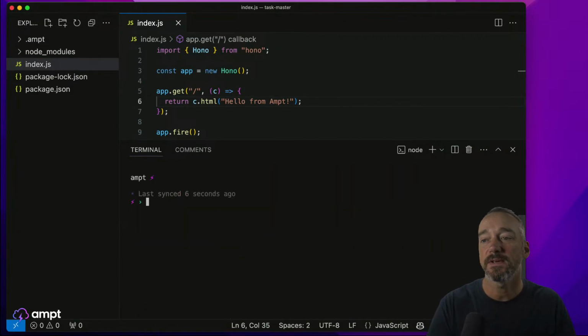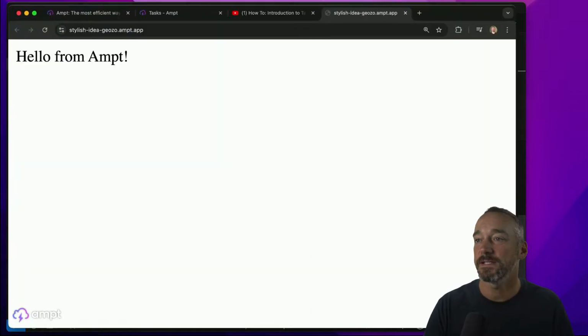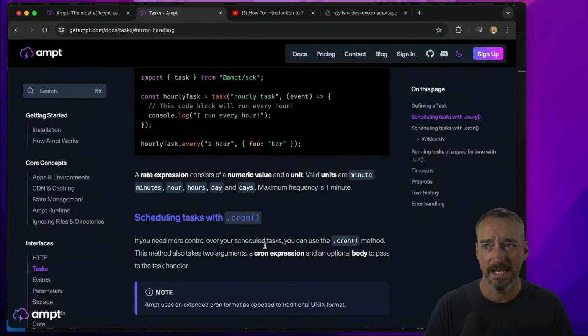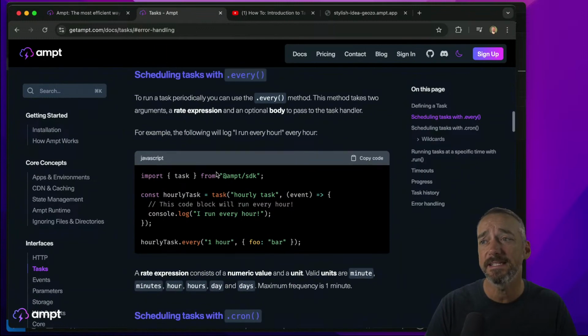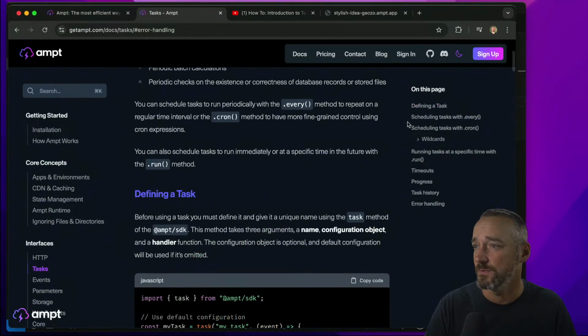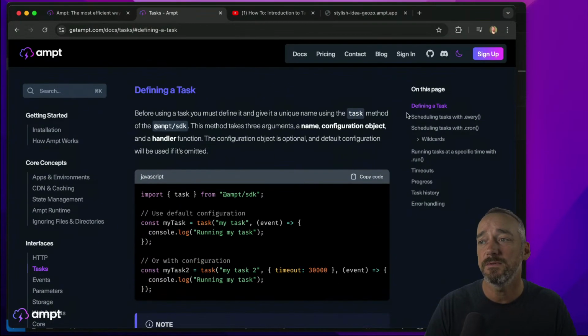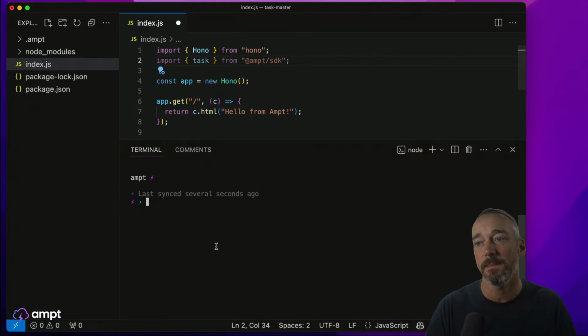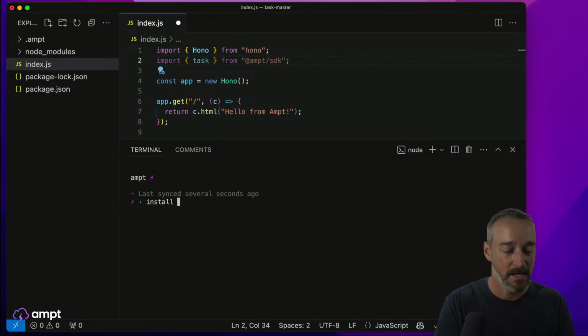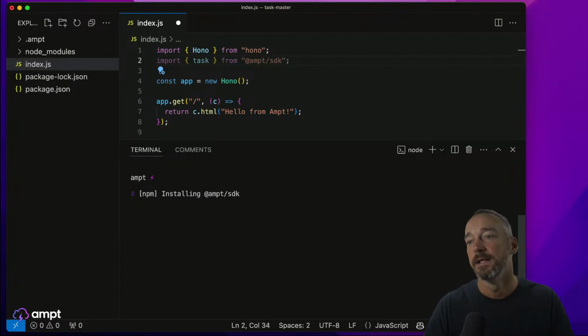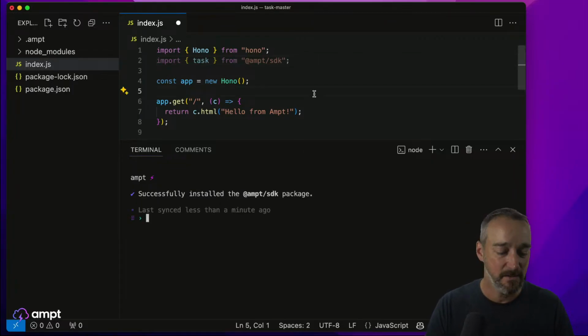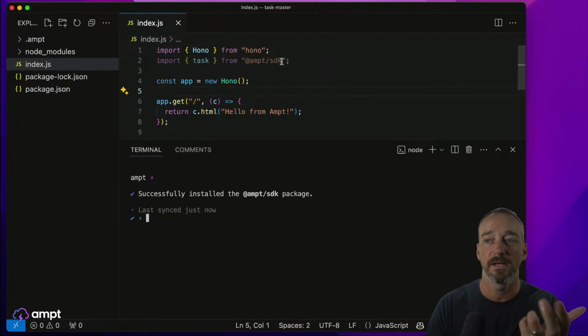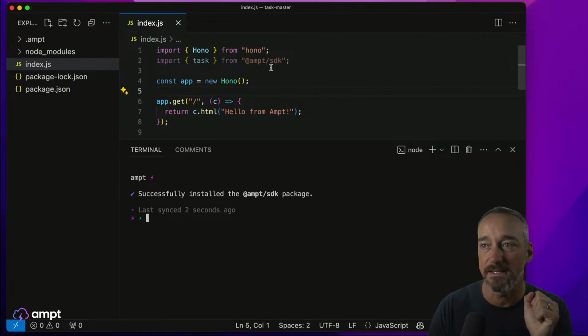Okay. We're interested in tasks, so let's look at the task documentation and see how we can use that. The first thing is, if we go to defining a task, we need to import the task method from the Ampt SDK. We can do this right here at the top, and we have to install @ampt/sdk, like that. So now we have the SDK here. We can hit save, and now we've imported the task